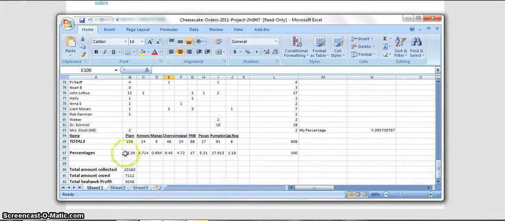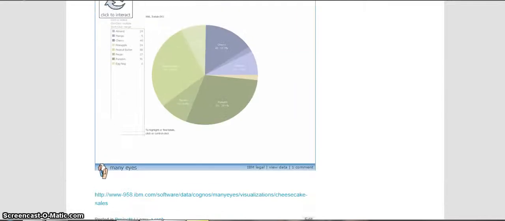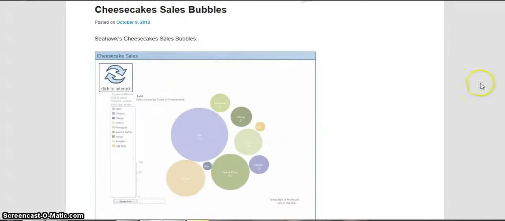With that, they had to find the percentages of each cheesecake and also calculate the amount of money that should have been collected, the amount that was owed in cheesecakes, and the profit that we should have made from the cheesecake sale.